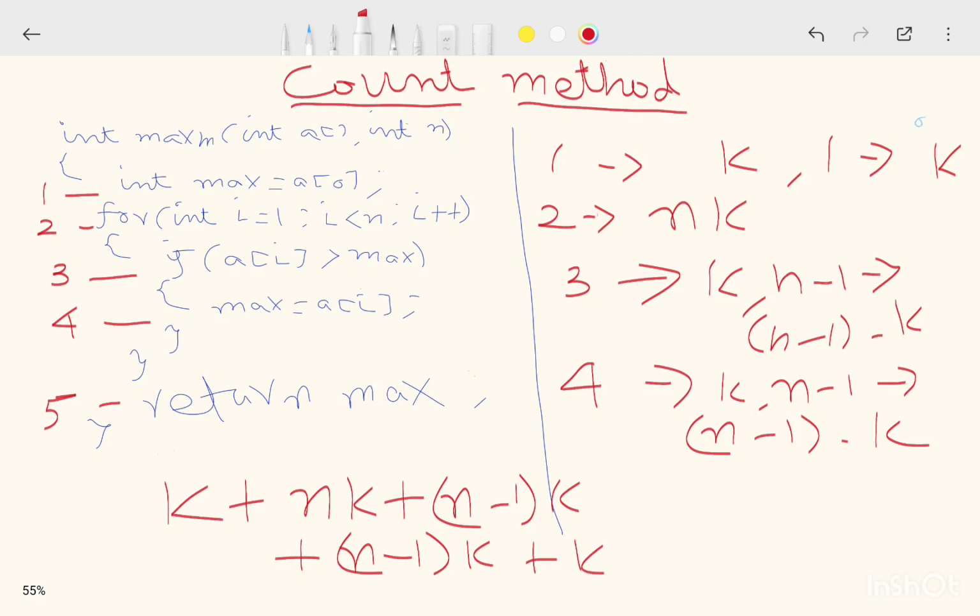So totally it will be like this. When you solve this, it will give you 3n into k plus 2k minus 2. So this is the total time needed: 3nk plus 2k minus 2. Since k is unit time,